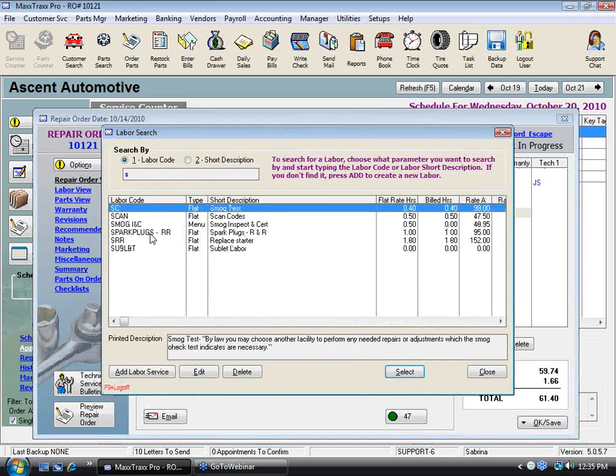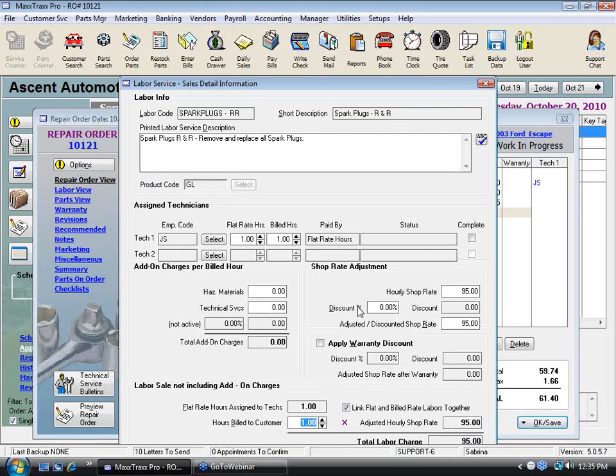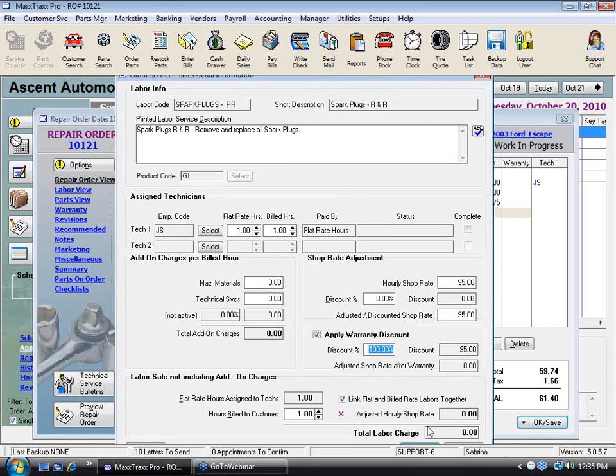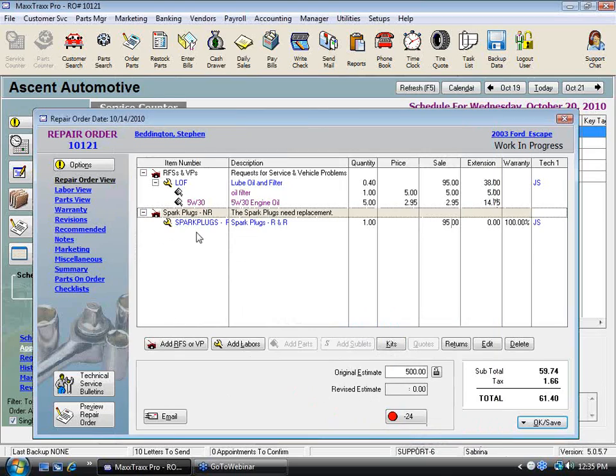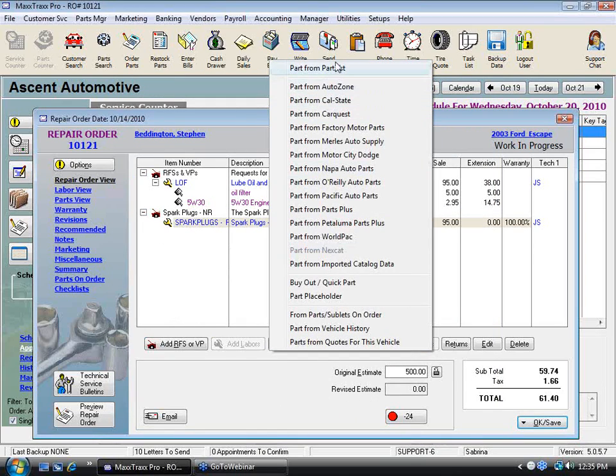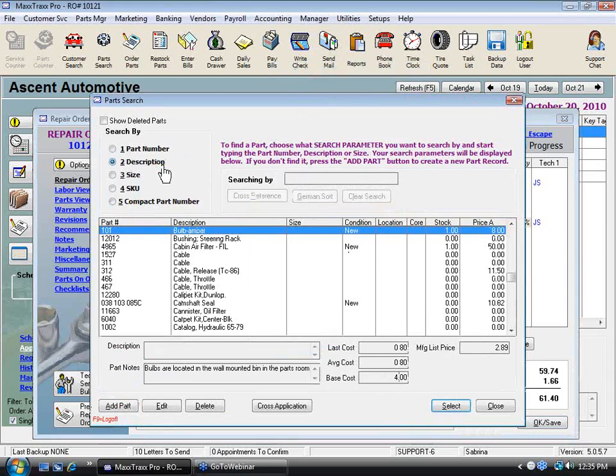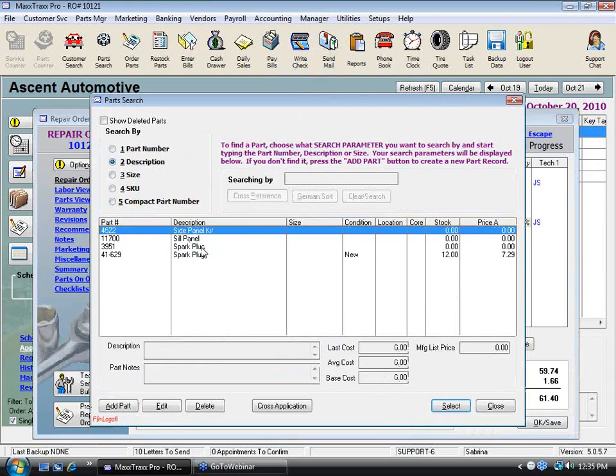Let's see, I don't know if I have spark plug. I do. Okay, so here I could apply my warranty discount, right? So we're good there. We're not going to charge the customer anything for that 1 hour for the spark plugs. But what happens is, let's say we add the part. Again, I don't know if I have any spark plugs in here. Let's look. We do. Okay, so if I have a spark plug in here,